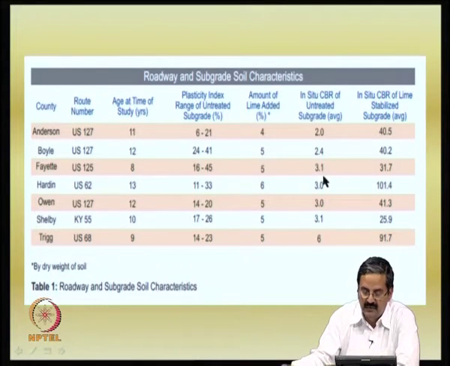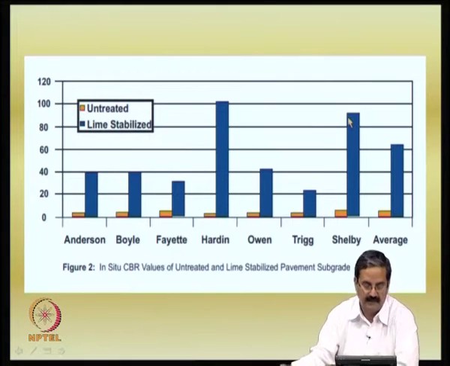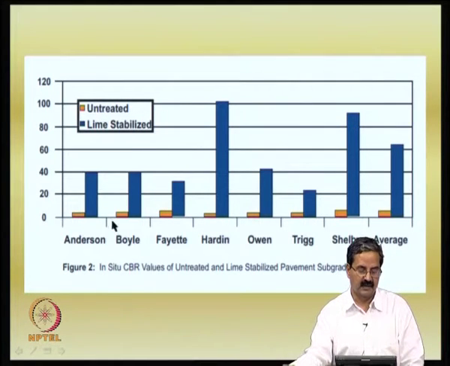You can see 2, 2.43 and like this, but then once the treatment was done, the average CBR improved so much, like about 40%, 40, 31, 101. Okay, you can see that 101%. You can see it is high numbers. It is a very good number, and definitely it helps. So, these are all the same thing that is plotted in terms of histogram for all the areas that they studied, and very clearly you can see that lime treatment has been very effective, and